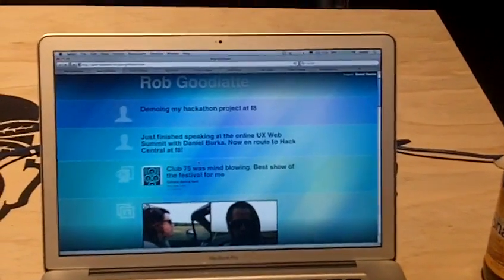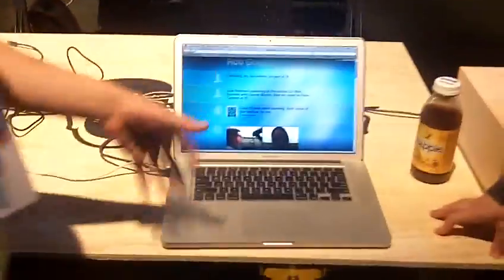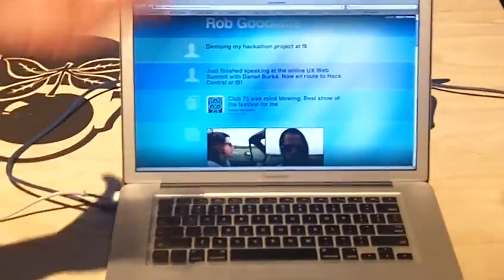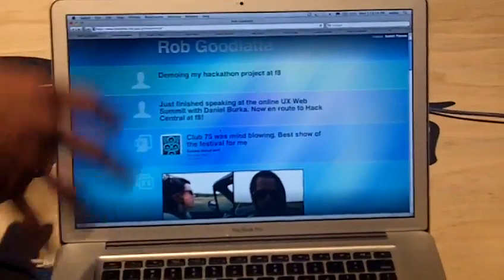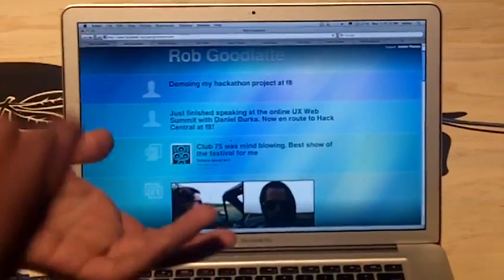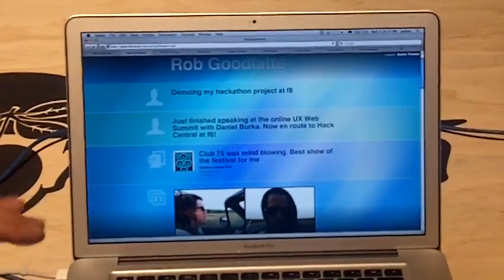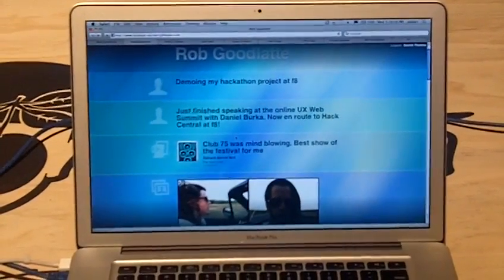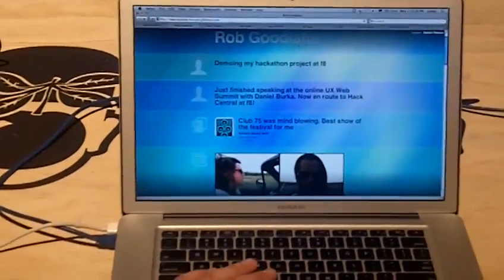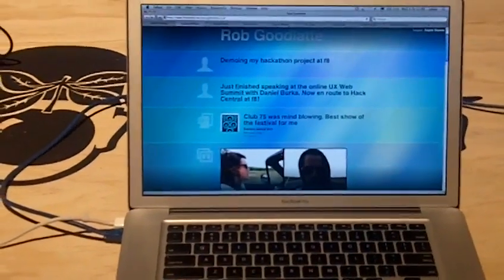This is all over the Graph API, but I get to control exactly the CSS, exactly how it visually looks on the site. This is really important to me because I have my own personal site, and I'm very concerned about how it looks and how I present my personal brand. The ability to completely control how your stream looks is pretty cool. Really awesome. So this is basically themed Facebook on your own site.